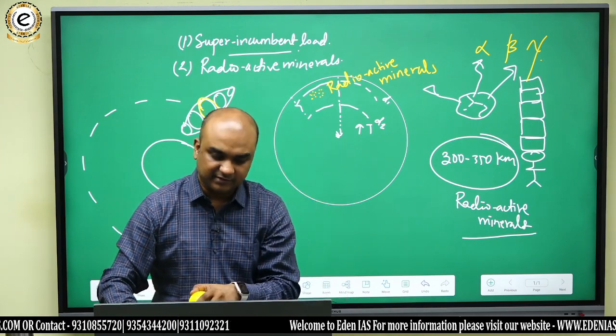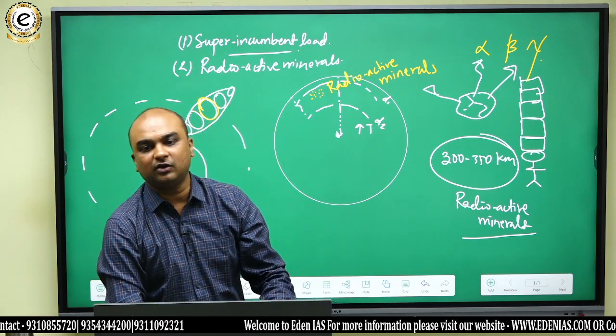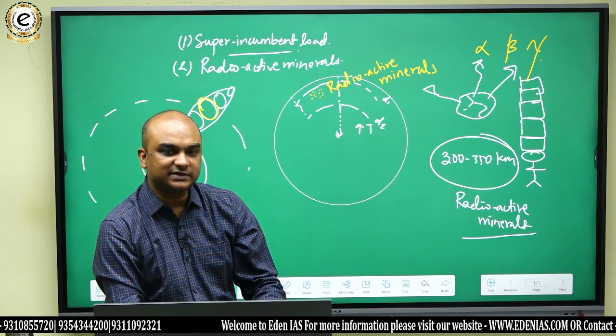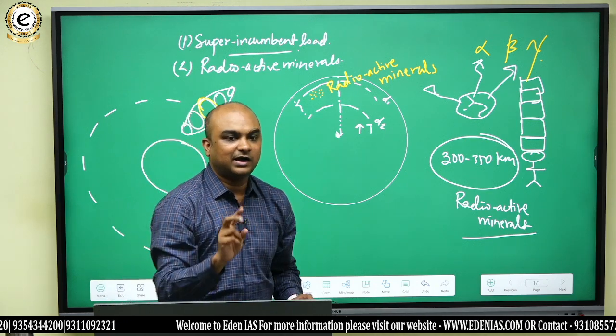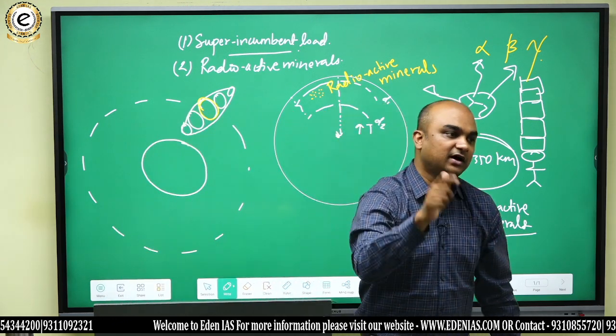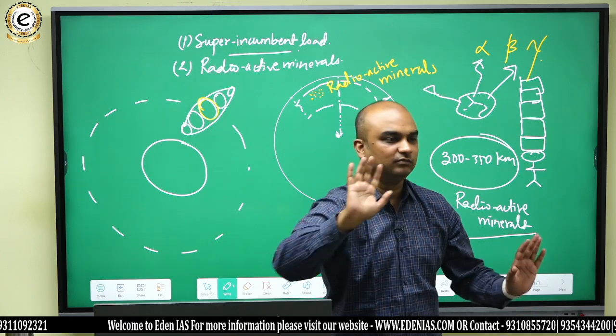Why did this happen and this did not happen? Because in solids, molecules cannot move. But in liquids and gases, molecules can move. समझ में आया? ये बात क्लियर हो गई? अब दो चीजें आपको ध्यान में रखनी हैं. एक, the earth was once liquid, and second, that in liquids molecules can move.